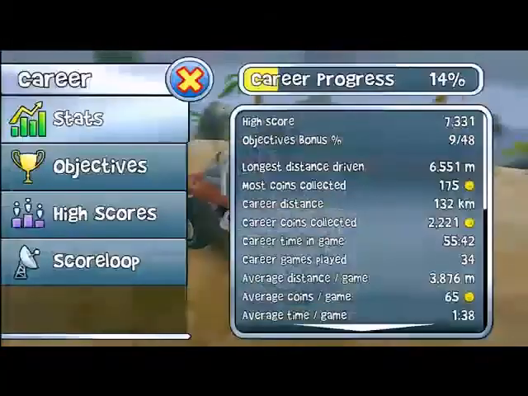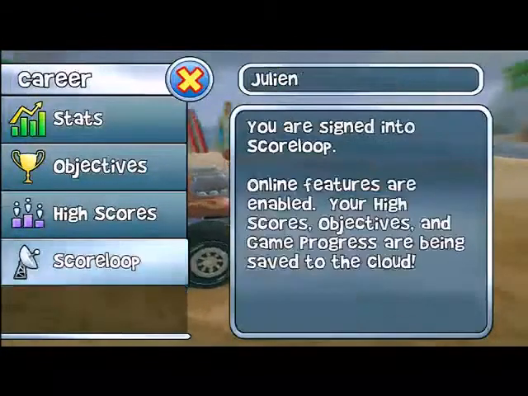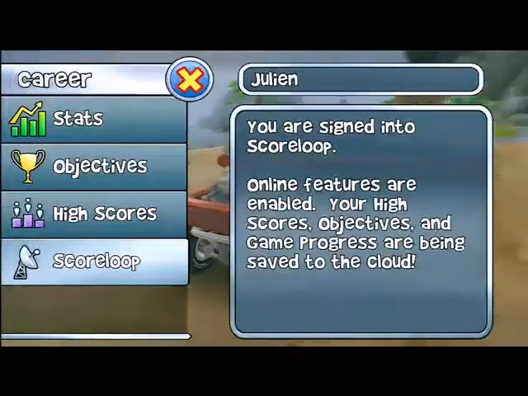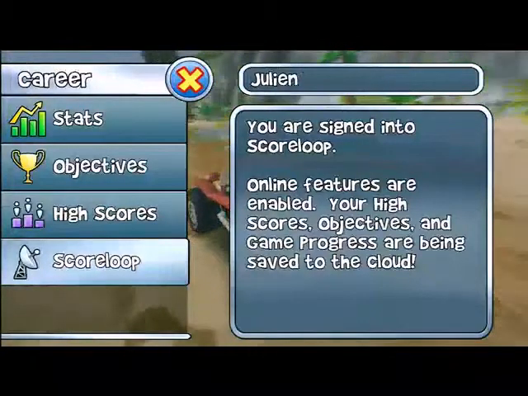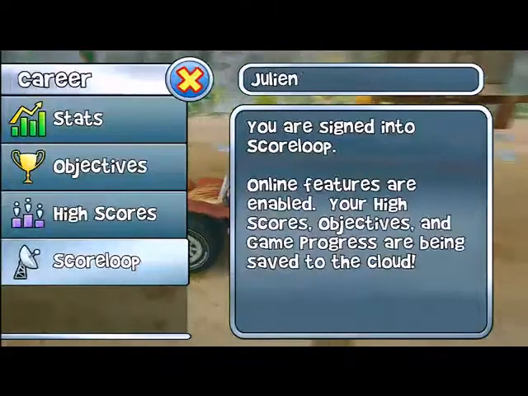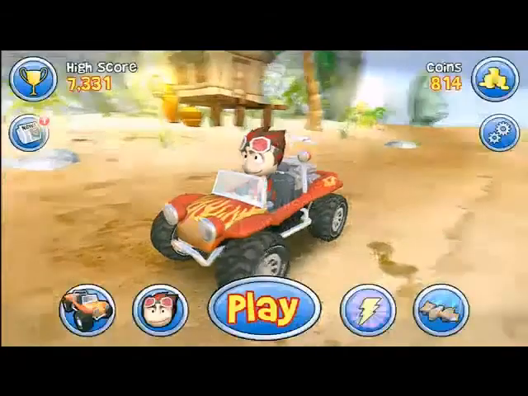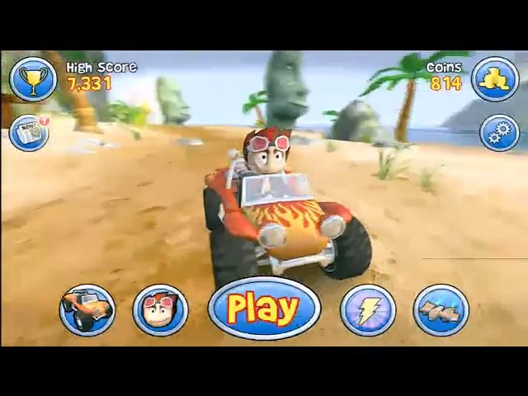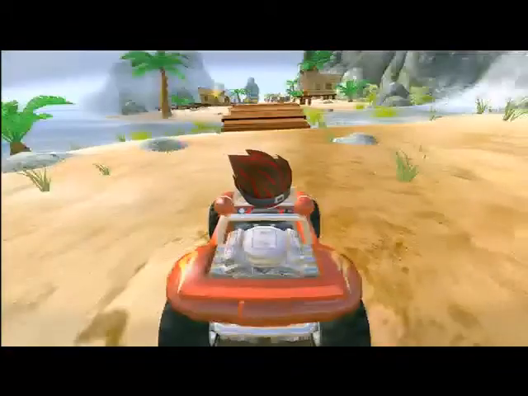So here is the point of entry again from the main menu to Scoreloop. And the cool thing that these guys did is that they sync your progress through Scoreloop. That's another thing that I didn't mention earlier. So it's not just leaderboards, achievements, challenges. It's also that they sync your progress, the achievements you unlocked, your scores, and the coin balance. So you don't have to start again from scratch if you play on your Q10, for example. That's a really cool thing because also with tablet games, you're not going to want to start your career again from scratch on another device.